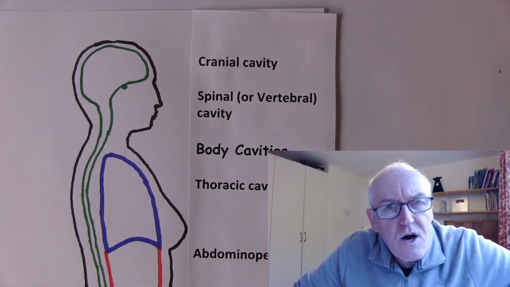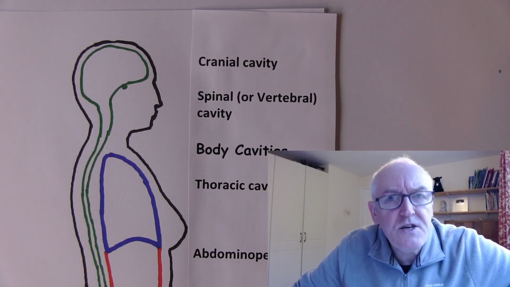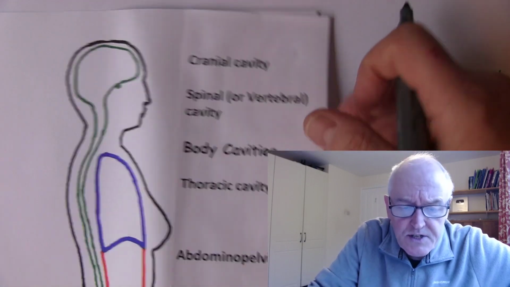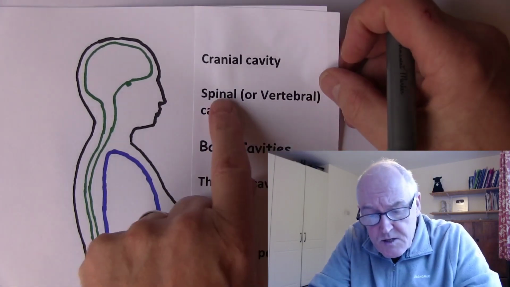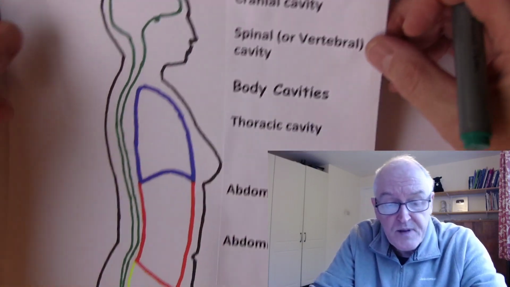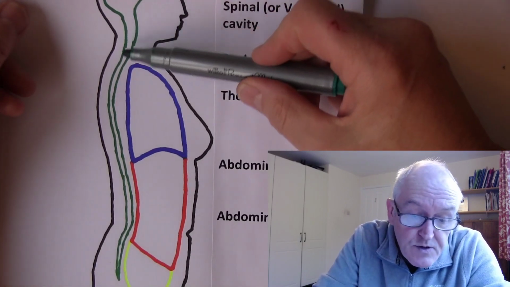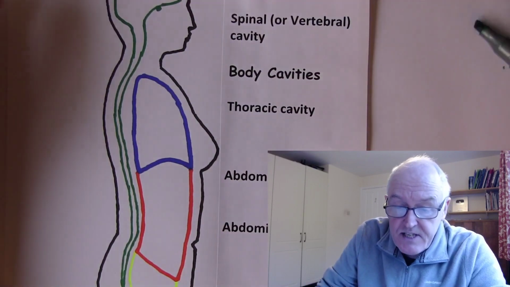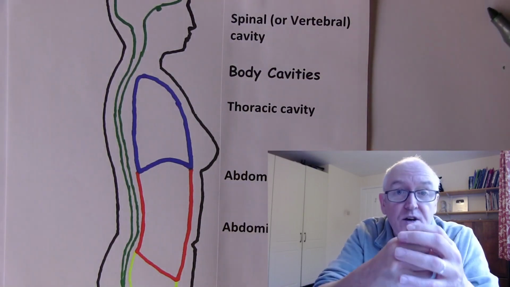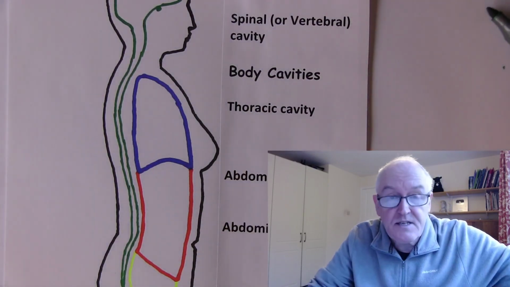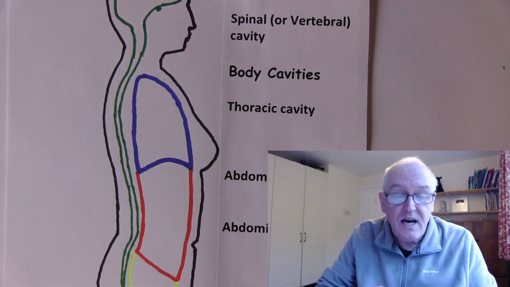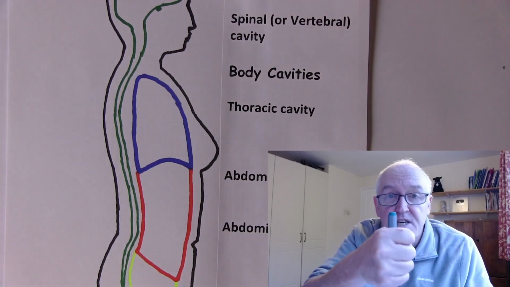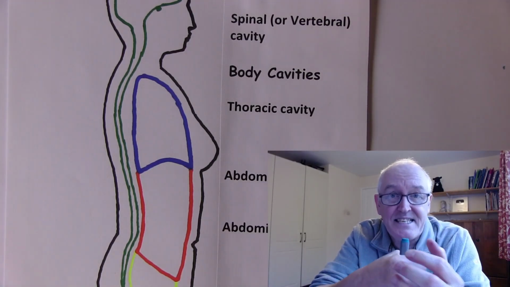Now, you probably know that the spinal cord is continuous with the brain. So the cavity is also continuous. So what we notice is there's a spinal or vertebral cavity that's projecting down, so the spinal cord can go down this cavity. And this cavity is surrounded by the vertebrae, these backbones, and the spinal cord, which is in the vertebral cavity, can go through these bones, and that means it's protected.